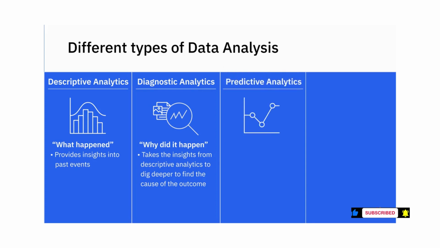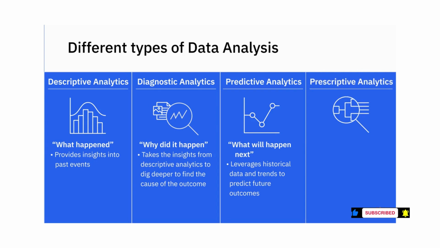Predictive analytics helps answer the question, what will happen next? Historical data and trends are used to predict future outcomes. Some of the areas in which businesses apply predictive analysis are risk assessment and sales forecasts. It's important to note that the purpose of predictive analytics is not to say what will happen in future. Its objective is to forecast what might happen in the future. All predictions are probabilistic in nature.